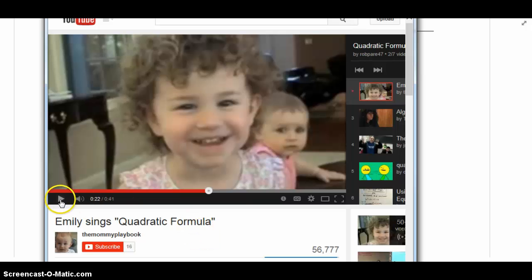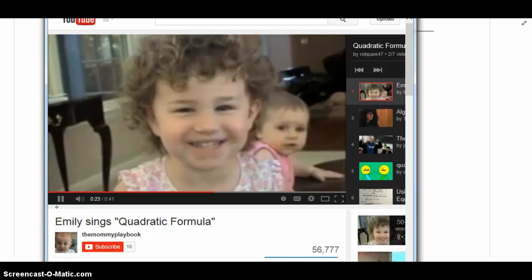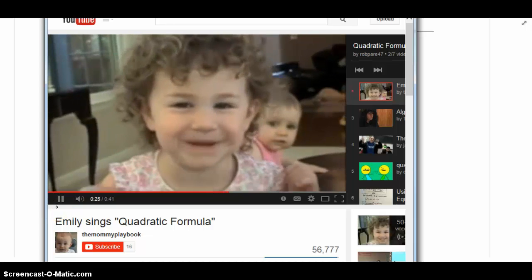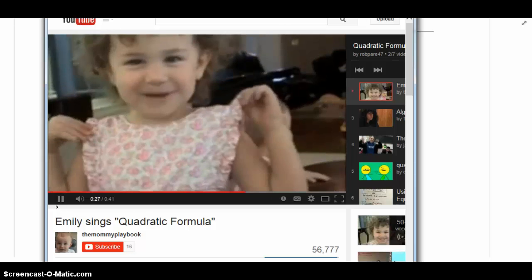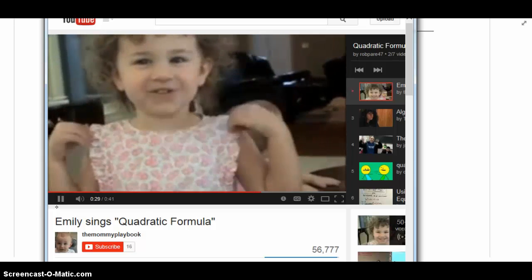Okay, take a look at this. X equals negative b plus or minus the square root b squared minus 4ac all over